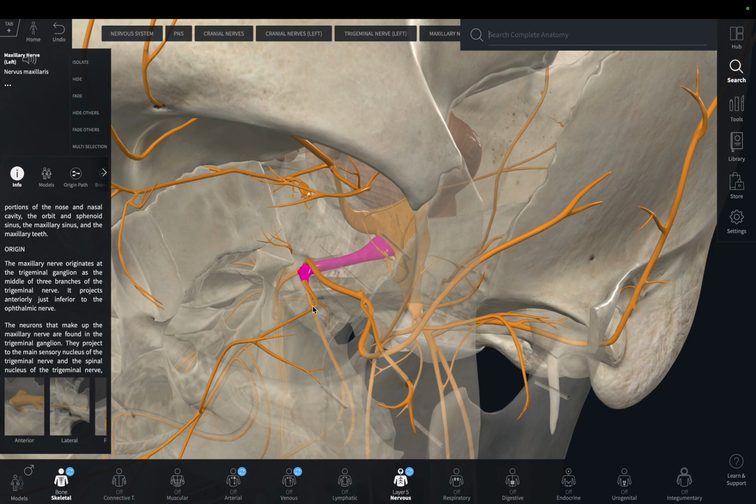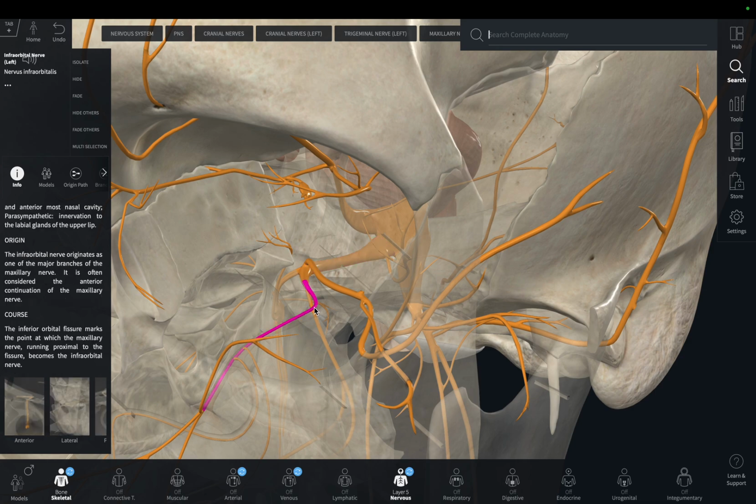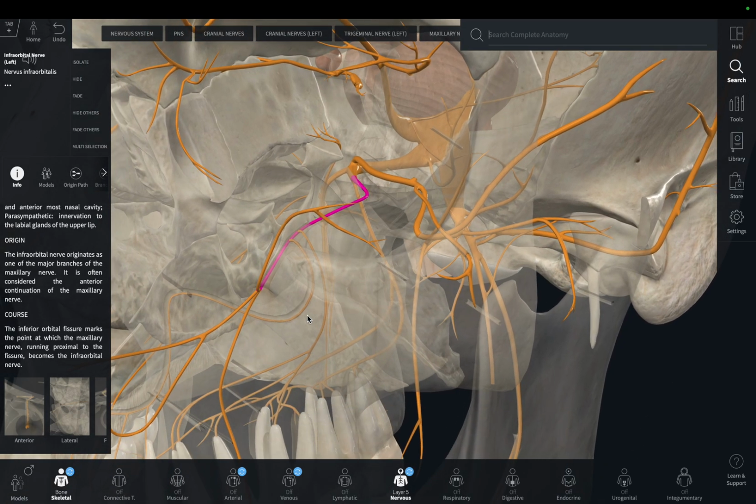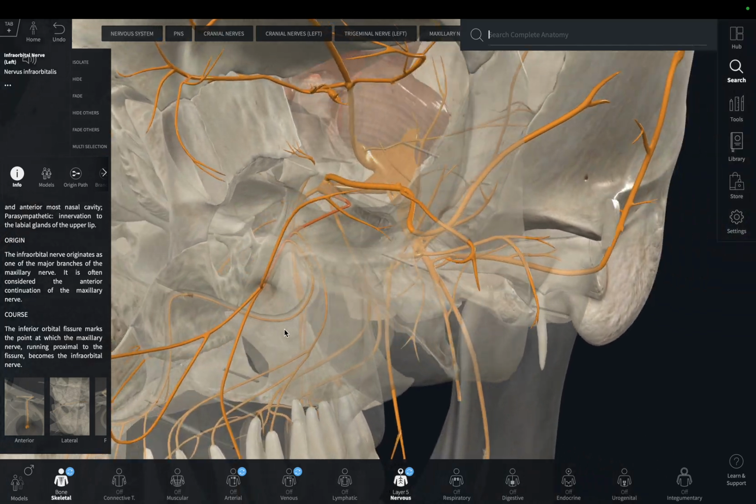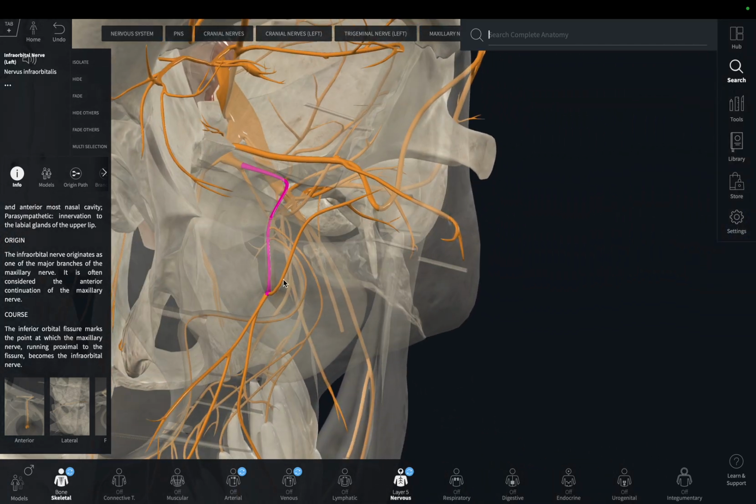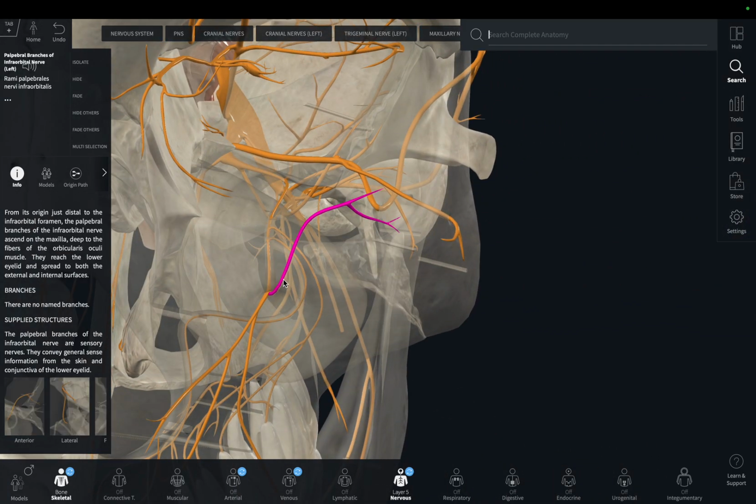The next branch of the maxillary nerve is this, the infraorbital nerve. This is the extension of the maxillary nerve and works to supply the teeth primarily. It gives off multiple branches. The palpebral branches of the infraorbital nerve supply general sensation from the skin and conjunctiva of the lower eyelid